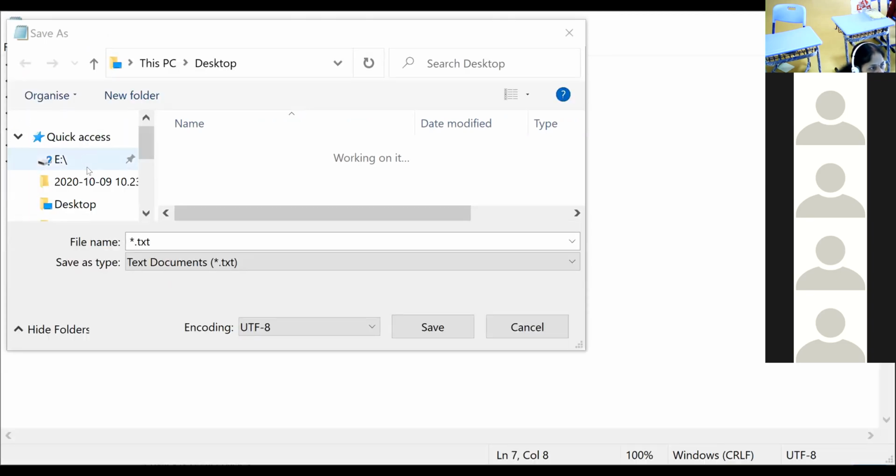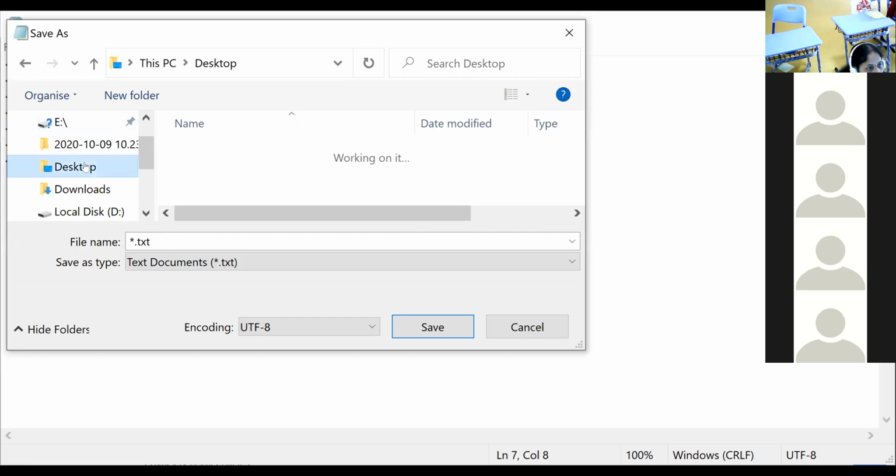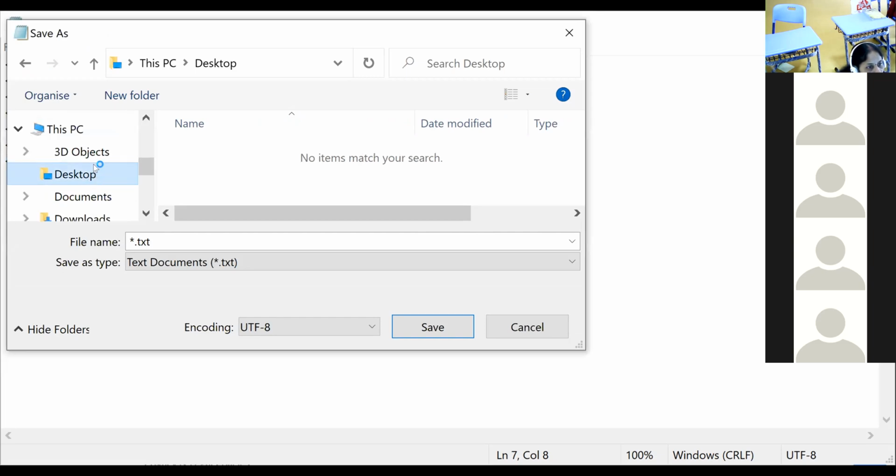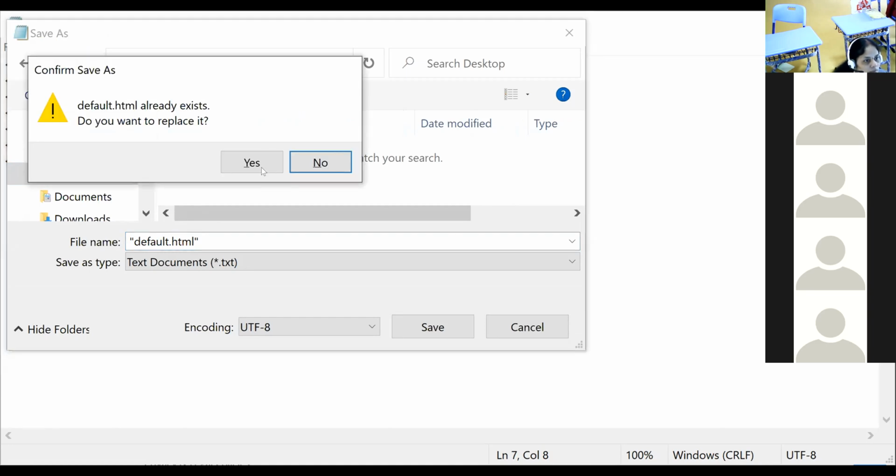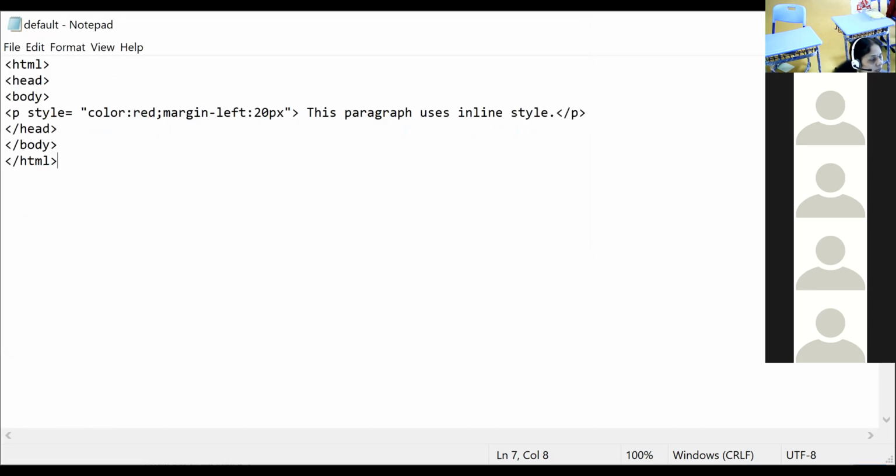Where I have saved it already. Desktop. Now I will open the browser.